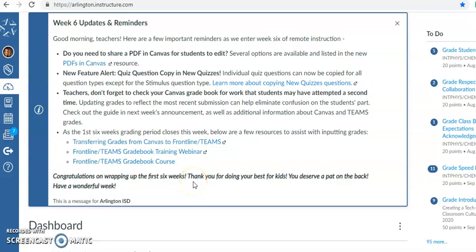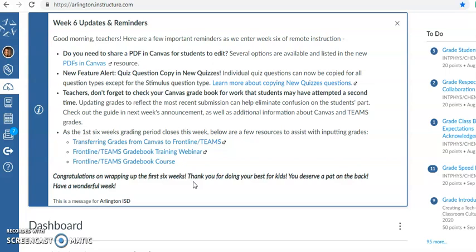One of the features with Canvas is that it allows the user to update their notification settings. And because of this, notification settings are individual to each person, and a teacher does not have access to change those in any way. They cannot say how often their students are communicated with and what is sent out to them via email. So if you would like to update that so that you get alerted when certain things change in your course, the courses that you're enrolled in, you can do that for yourself,